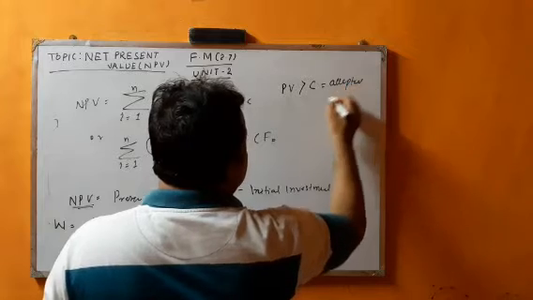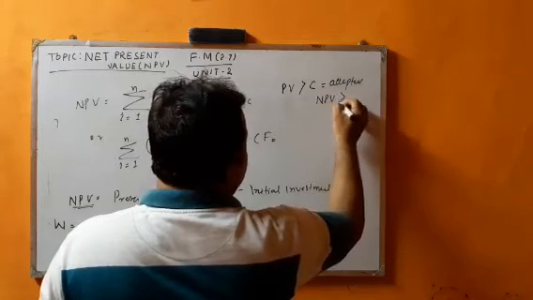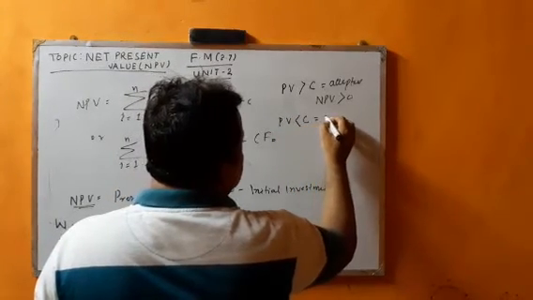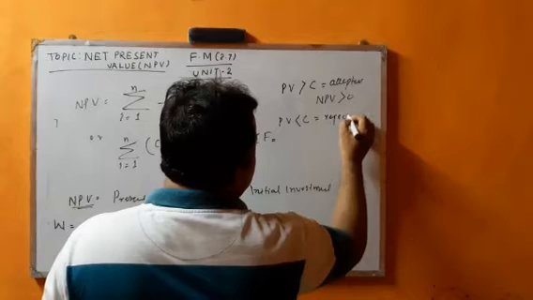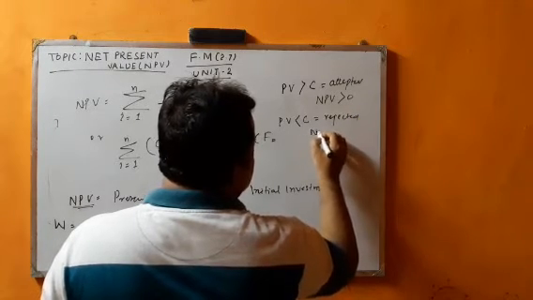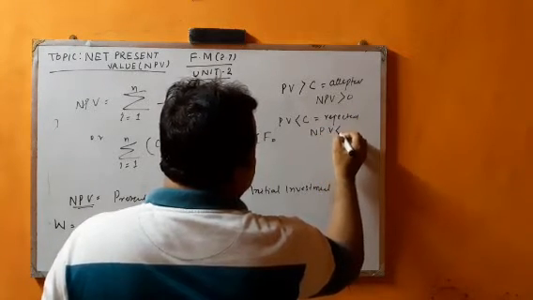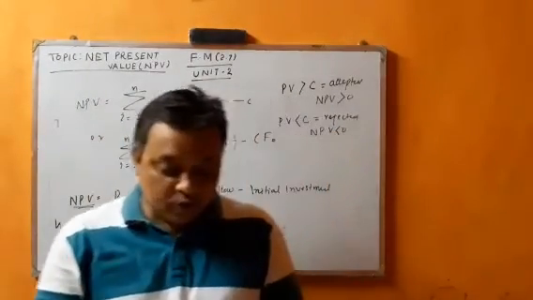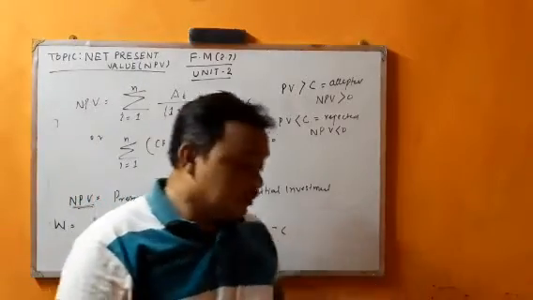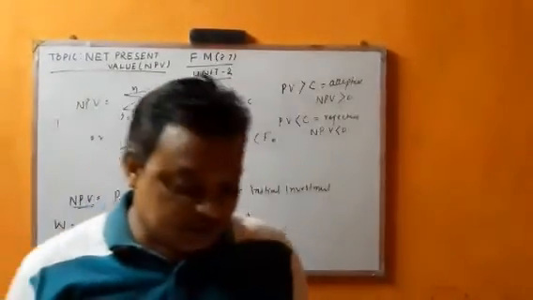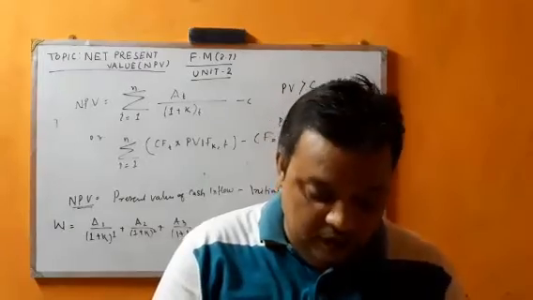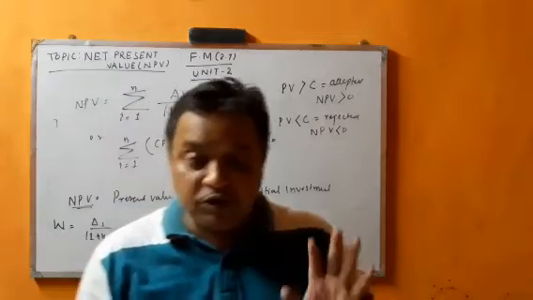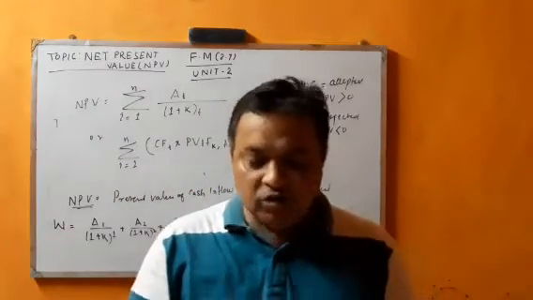Here it means the NPV is greater than 0. If PV is less than C, then it is rejected. You have to reject it. This means NPV is less than 0. Mostly the PV means the present value of the inflow, and the C is the cost outlay. And you know this method can be used to select among mutually inclusive projects.